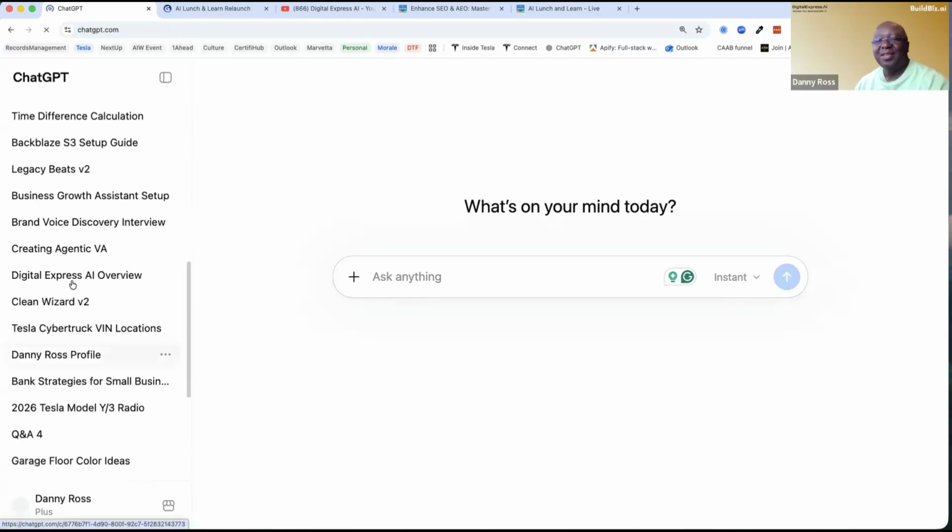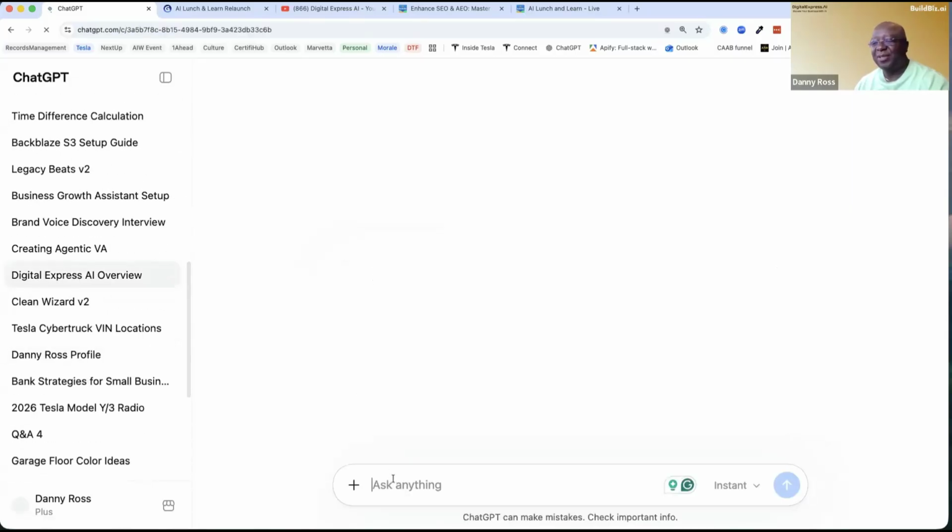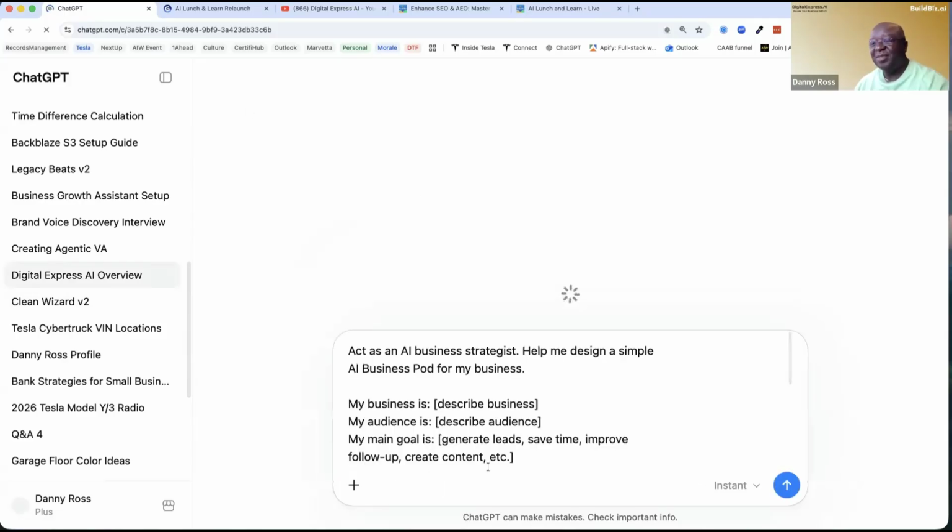So let me try using just a regular thread, and then I'll put the prompt into that regular thread. There we go. If projects are acting up, we can maybe do it this way. All right, so I can tell it, use info above. In other words, instead of me having to type all this in, I'm going to tell it to use the info above and try it that way.